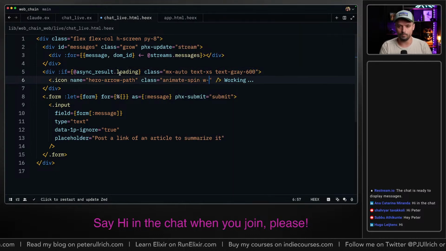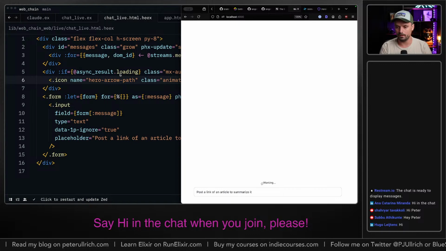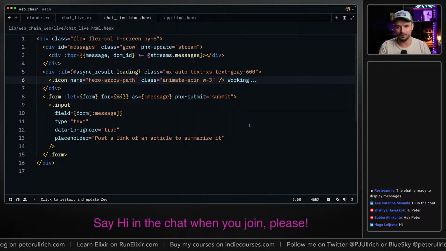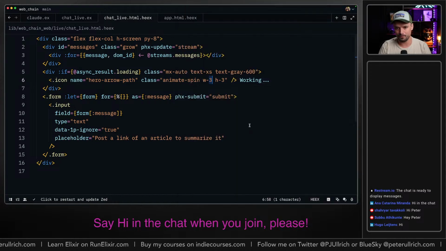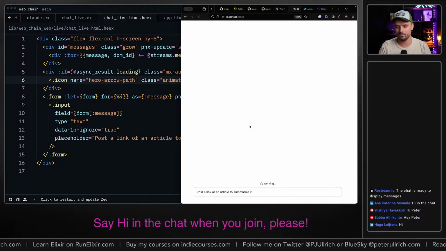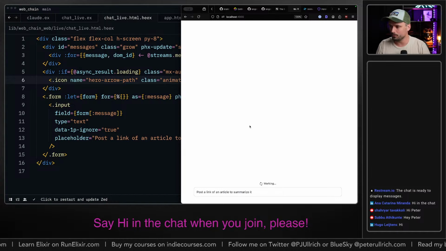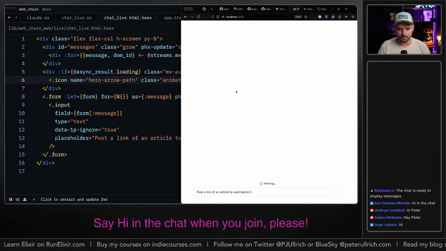And this should only be like 3. Ah, funny. It's always funny when you specify a different height than a width. There we go. But it could be 4. All right, not too bad, right? We got a working spinner when the result is in. So that's pretty cool.